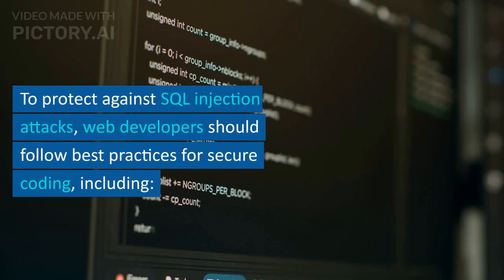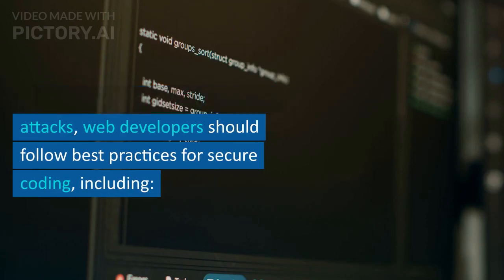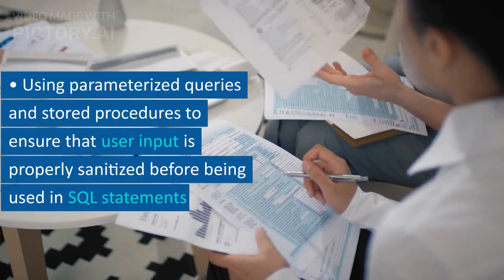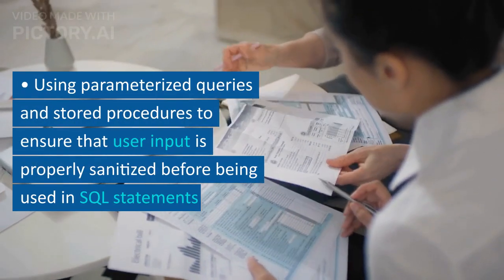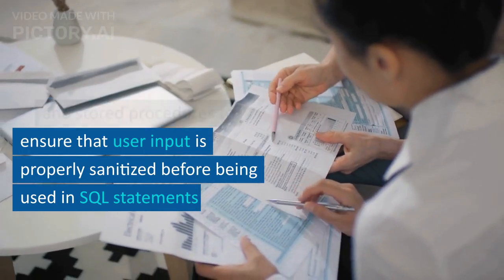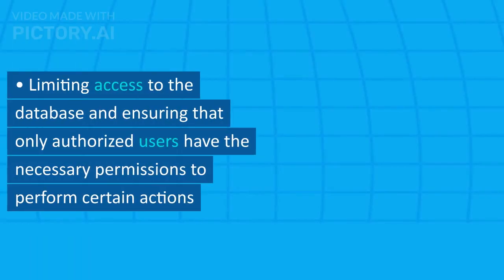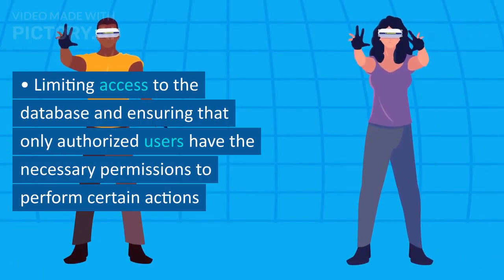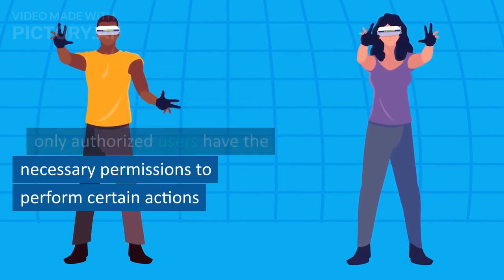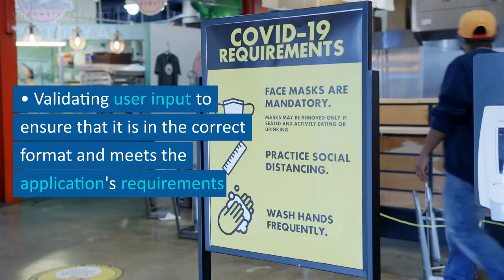To protect against SQL injection attacks, web developers should follow best practices for secure coding, including using parameterized queries and stored procedures to ensure that user input is properly sanitized before being used in SQL statements, limiting access to the database and ensuring that only authorized users have the necessary permissions to perform certain actions, validating user input to ensure